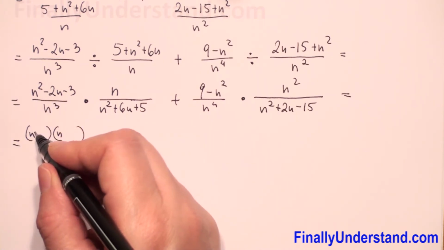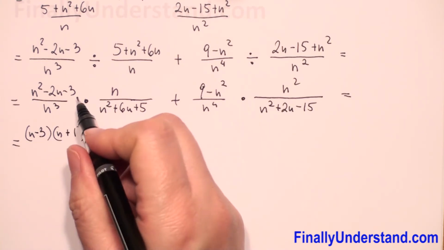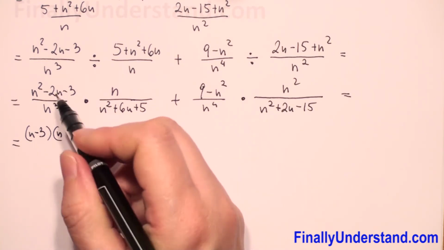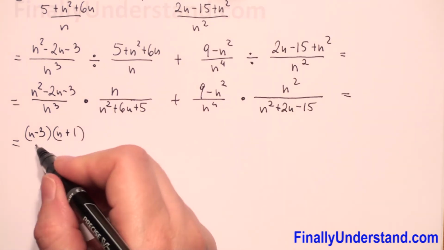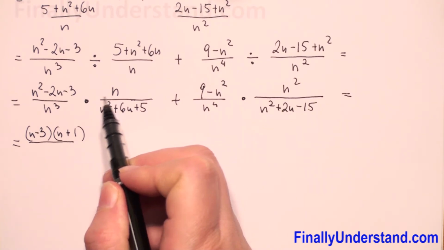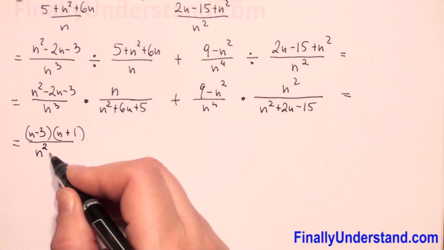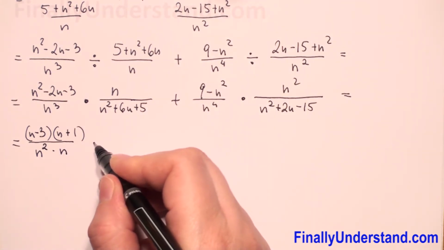So it will be negative 3 and 1. Negative 3 times 1 is negative 3. Negative 3 plus 1 is negative 2. So everything is okay. And because I have here n, so I will rewrite n cubed, that this is n squared times n. We have times